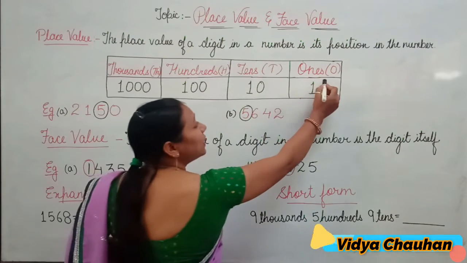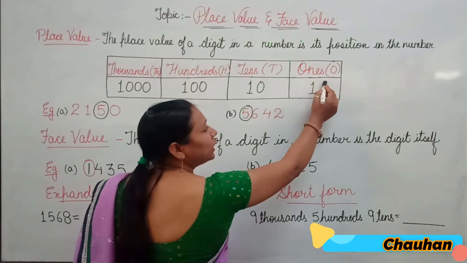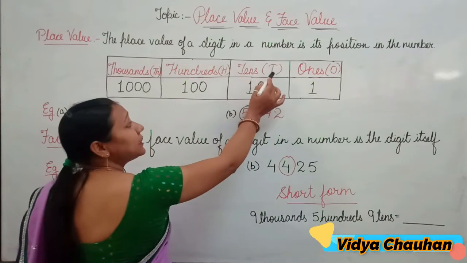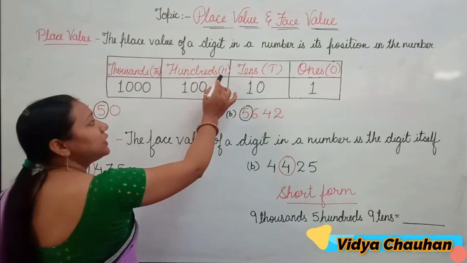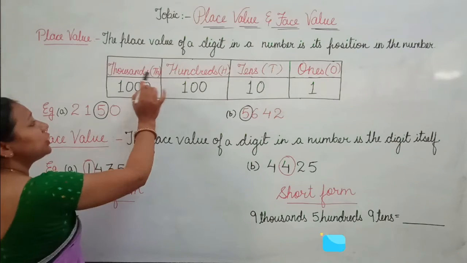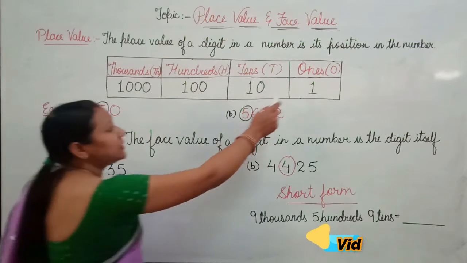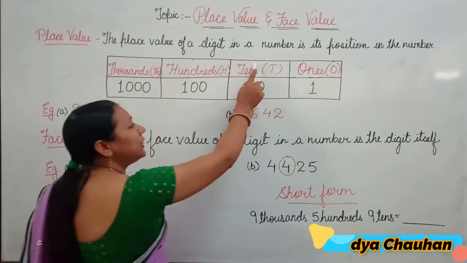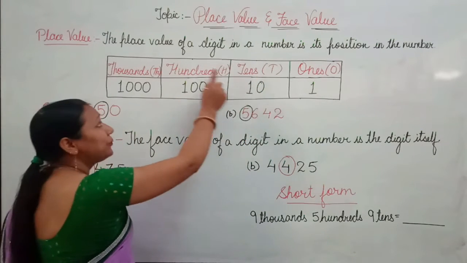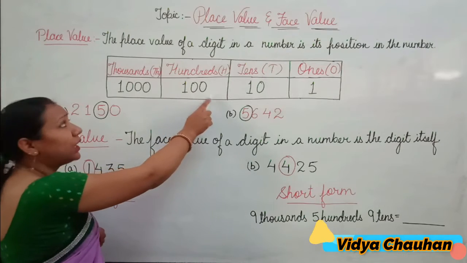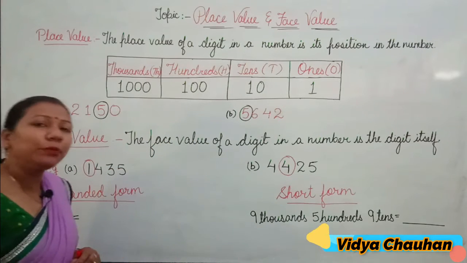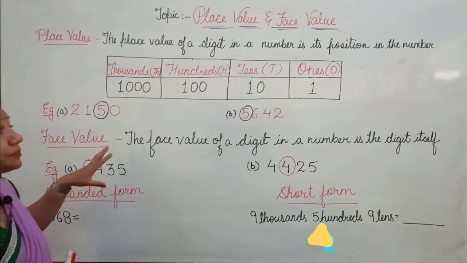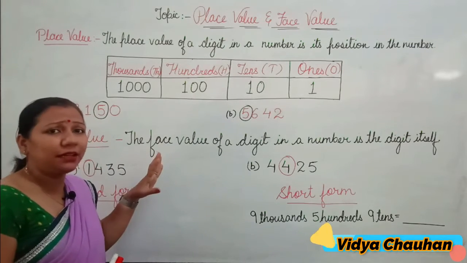The place value system says the first column, the first row value is ones, O-N-E-S, ones, denoted by capital O, tens denoted by capital T, hundreds denoted by capital H, and thousands denoted by TH. As you can see, ones is represented by numerical value 1, tens by 10, hundreds by 100, and thousand by 1000.